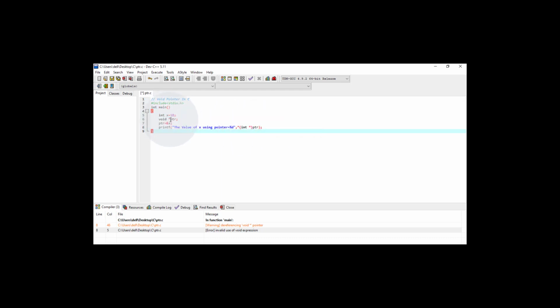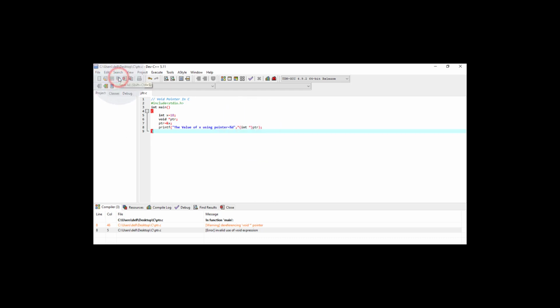First here is the void pointer, and it was showing me the warning: dereferencing void pointer, invalid use of void expression. In order to overcome this situation, I have added this code: parenthesis, then the data type to which we want to cast, and then again we put the dereference operator. So for this we have written this code.